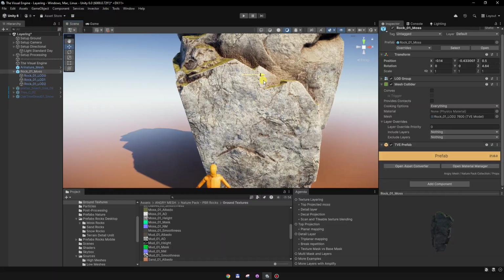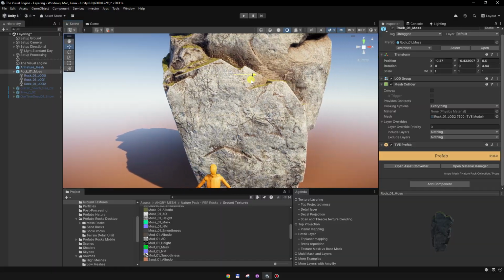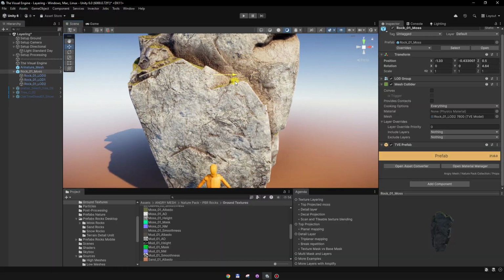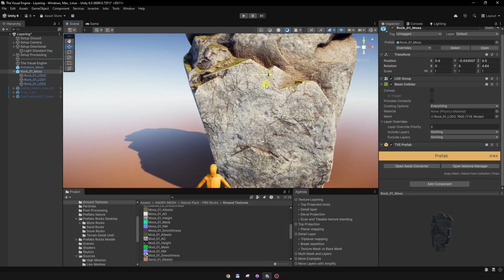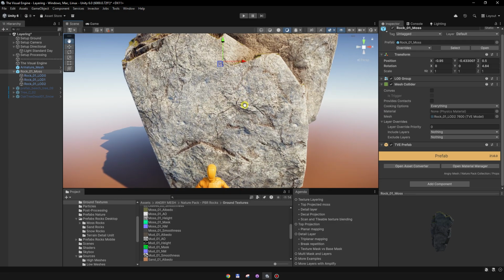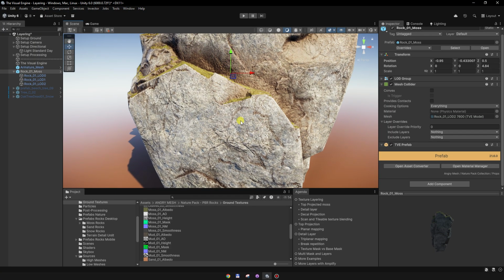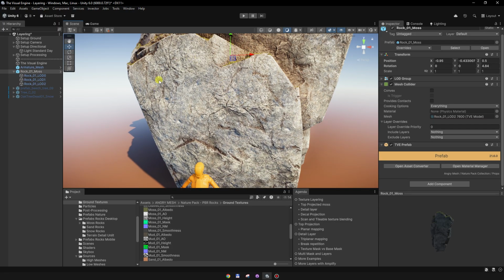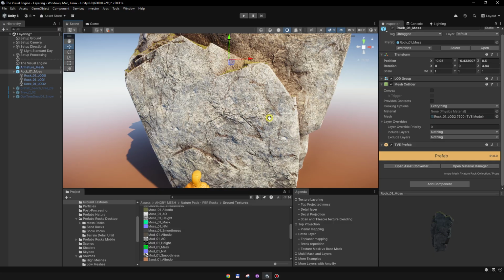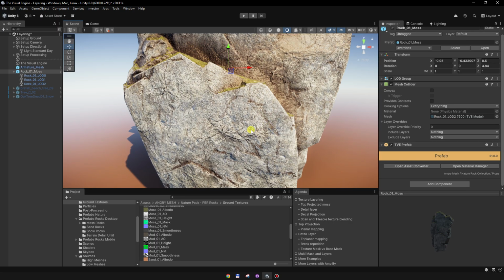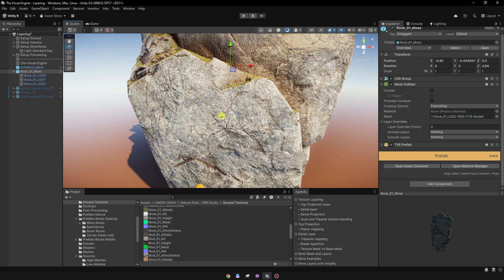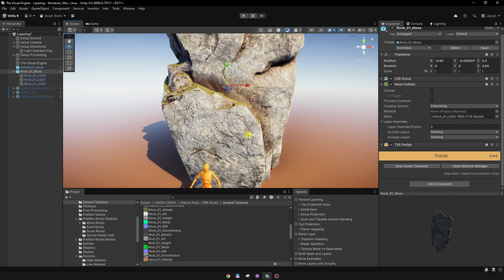If I move the rock around, you will notice an additional texture layer which is mapped in world space, and it is adding more definition to the rock, this rock being a pretty big asset. And with big assets, if the texture is quite low, you will notice that the texture is low resolution, so we can use a detail layer to add more definition to the rock. And later on we will look at some more examples